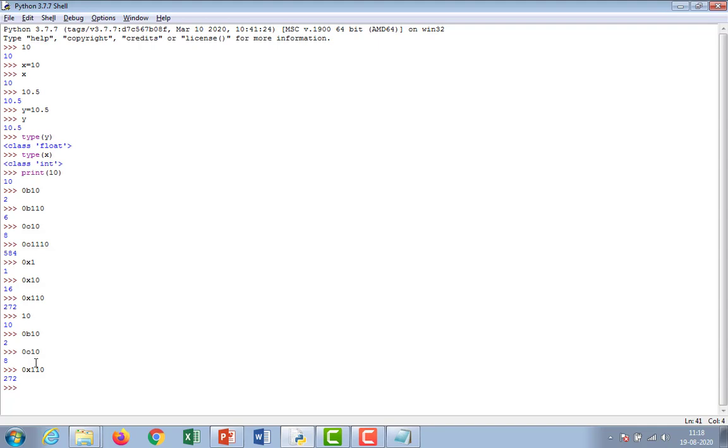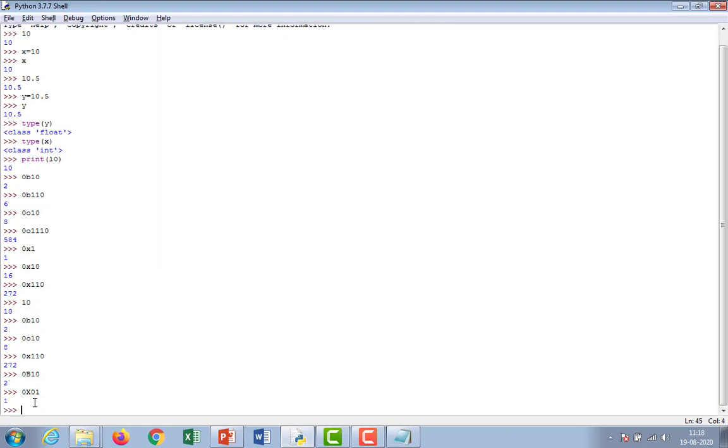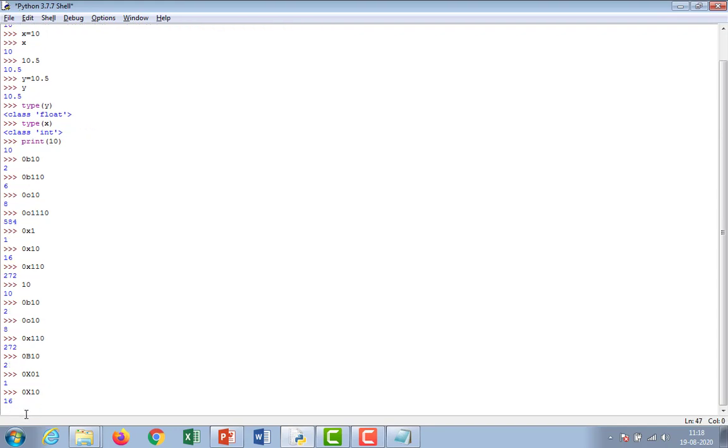You may use capital 0B also. Please observe here, 0B10, the output becomes 2. There is no need for case sensitivity at the time of conversion. 0X with a capital X, 0O with a capital O, this is the output.